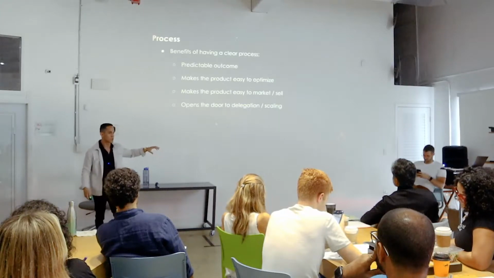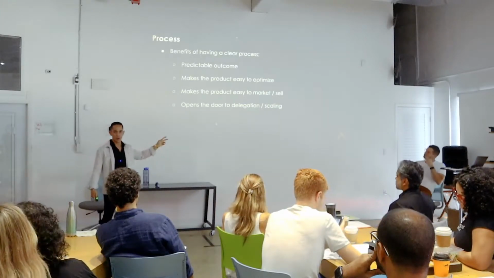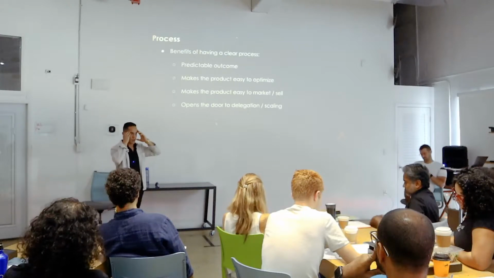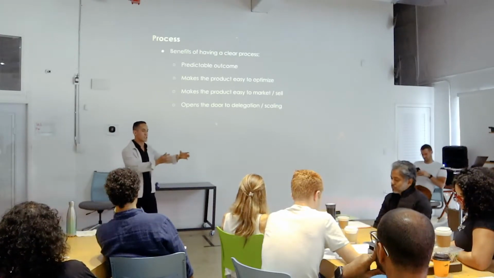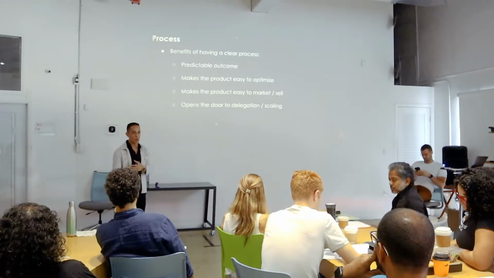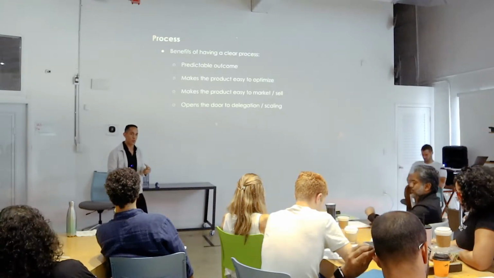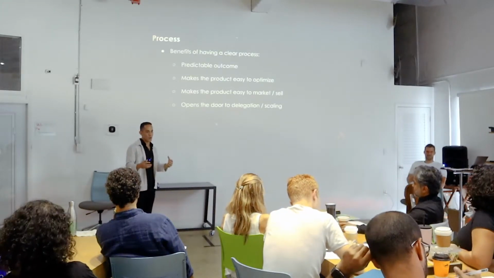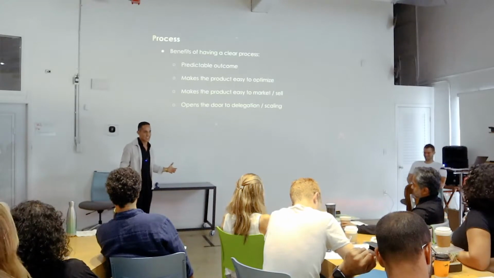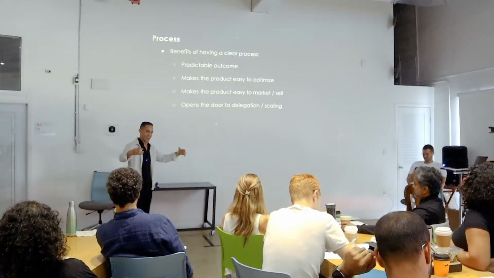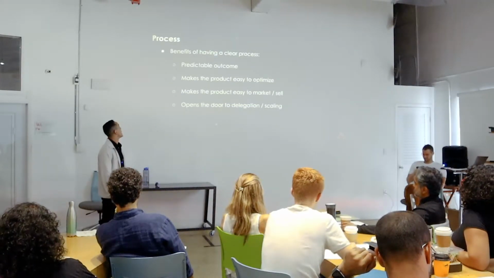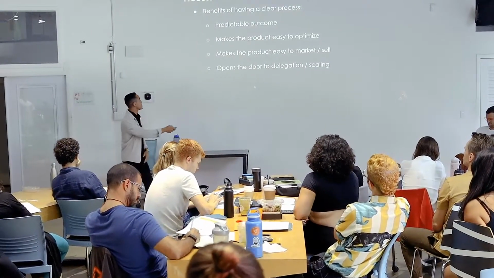A great book on this is The E-Myth by Michael Gerber. It's all about taking what's in here and clarifying it so then you can give it to someone so you guys stop working in the business and start working on the business. If you guys are working in the business, you can't grow the business because you are in it. You got to work on it, you know? So this is what clarifying your process allows you to do.